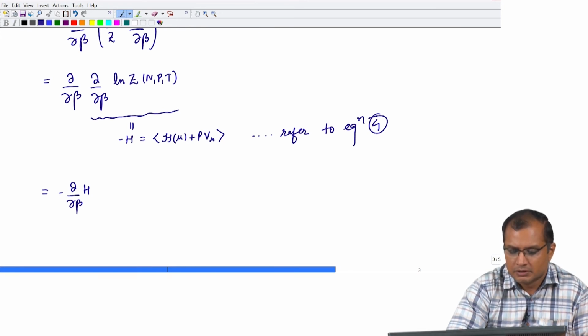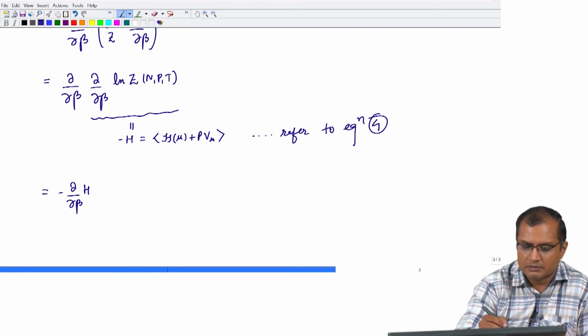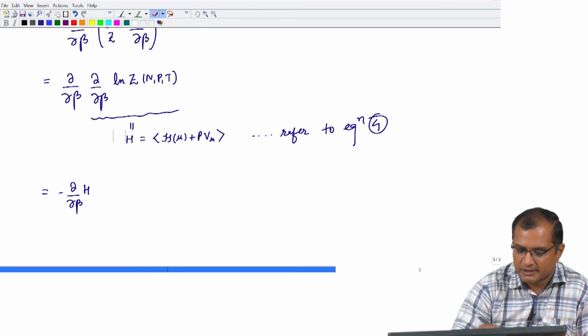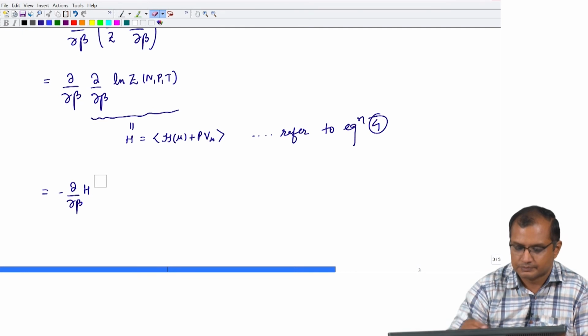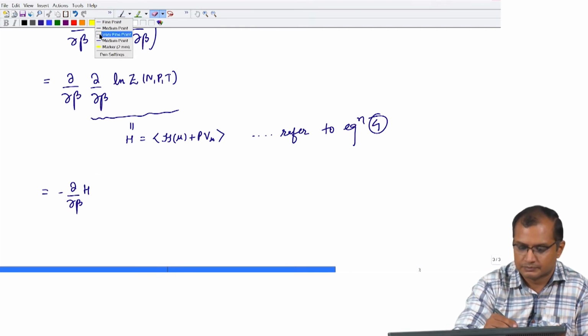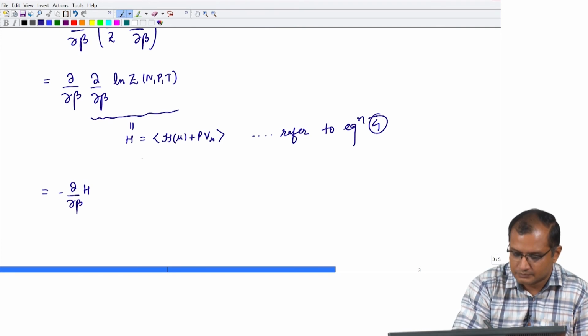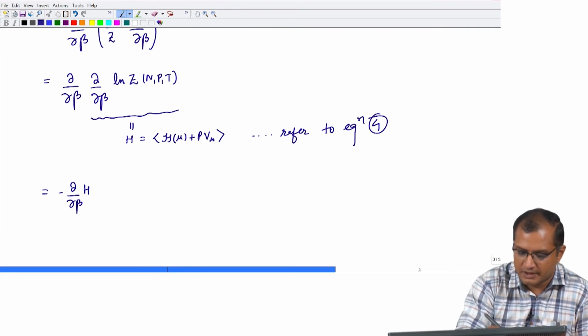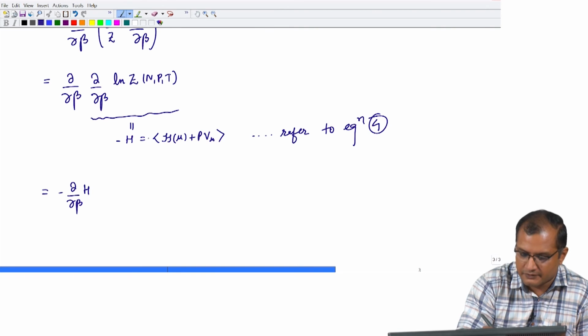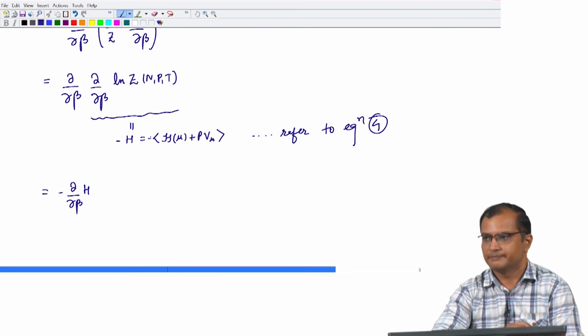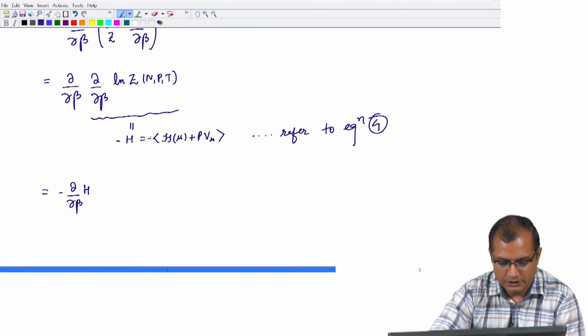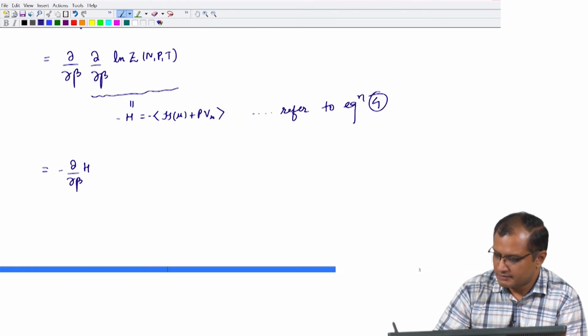So, just to correct that myself, I am going to write it as minus of h, or minus of both sides, I need to put a minus sign. Okay. So, then you can